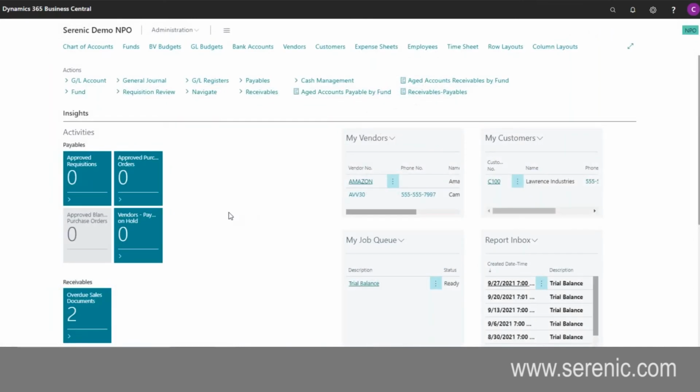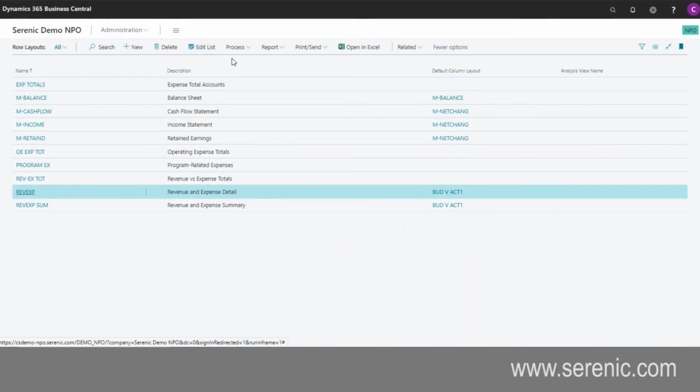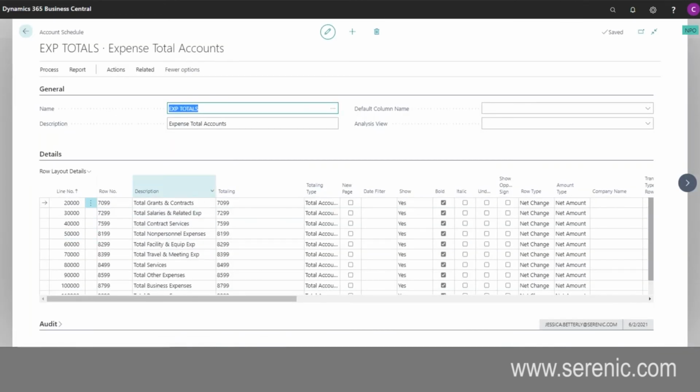In addition to the standard reports, we have what are called account schedules. The account schedules are the report writing tool within the financial system. You'll see up here I have options that say row layouts and column layouts. And this is really just a simple way to define a financial statement specific to your needs in reporting. For example, I might have a report where I want roll-ups of maybe one line that says personnel, not a list of all of my